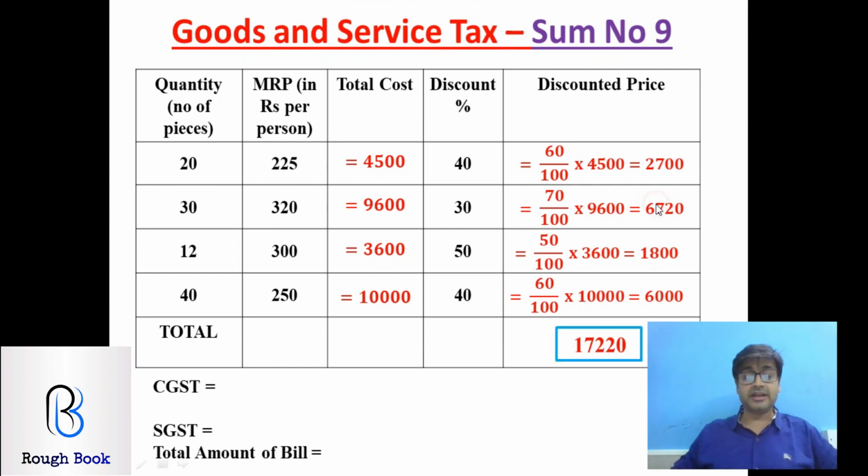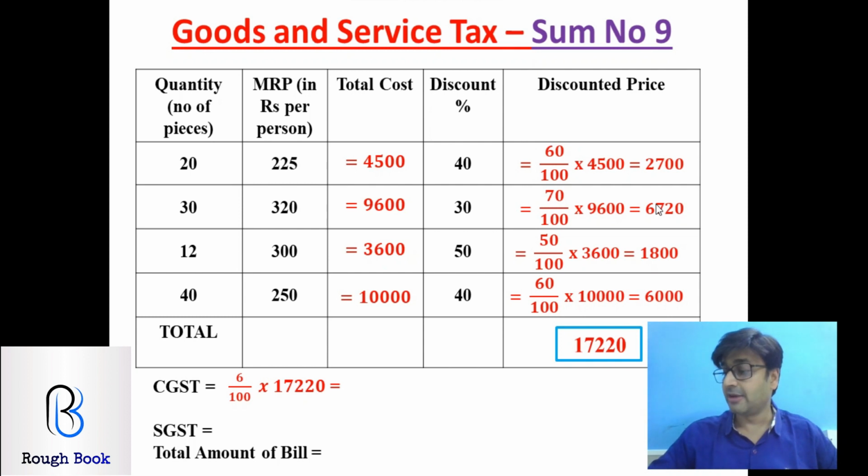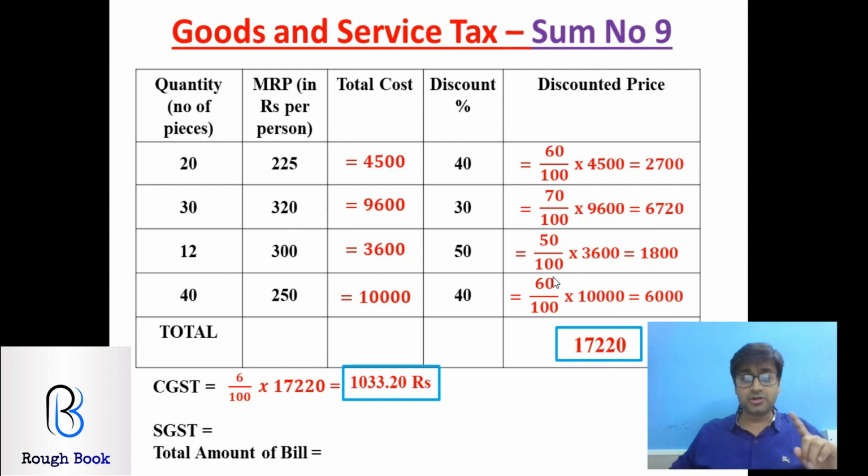And now you need to calculate 12% GST on this. But this was intrastate, so half of it, 6 and 6. I already gave you the clue, don't go wrong. Come on, calculate 6% of 17,220. Even I am calculating, guys, go ahead. 6 2s are 12, 13, 43, 4, 10, 14. So I am getting 1433.20, is it? I'm wrong. It is 1033.20. I must have messed up. So that's your answer. SGST you don't need to calculate.